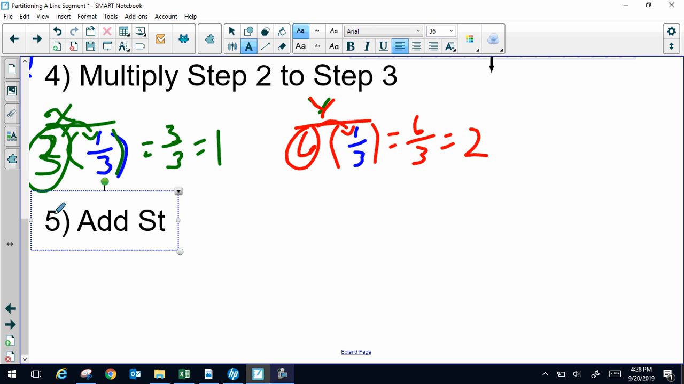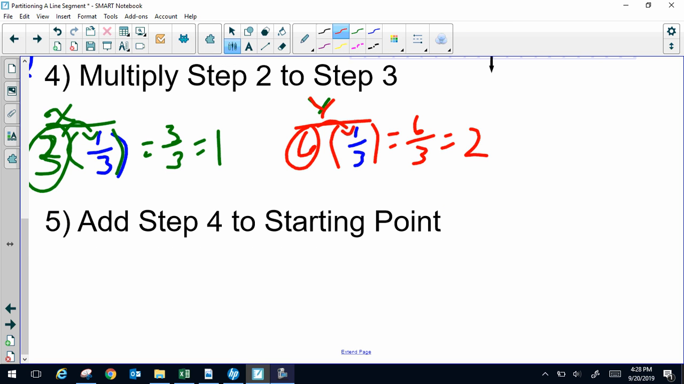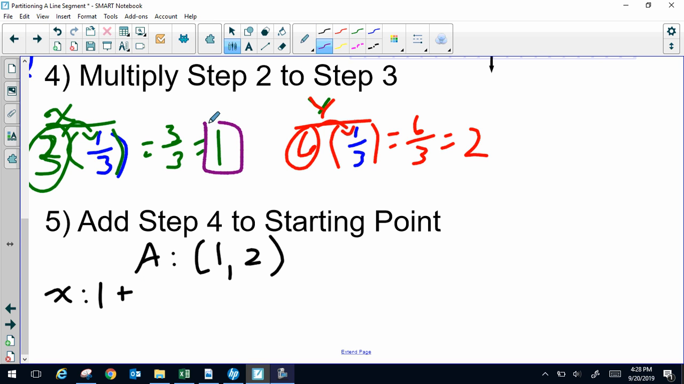Add step 4 to starting point. Okay, so remember our starting point was point A, and A was at 1, 2. So if I take the x from A, which is 1, and I add what I got for the x's from step 4, I get my new x to be